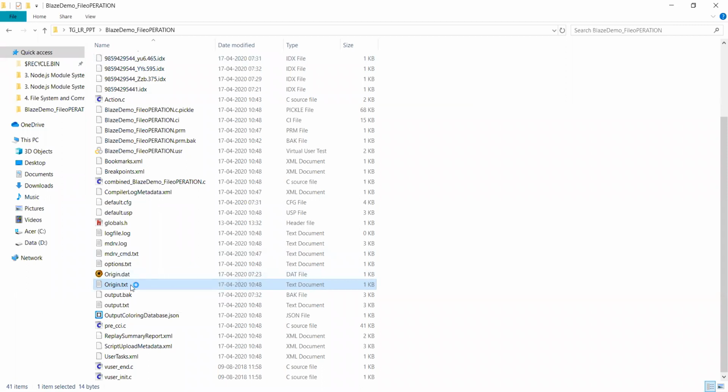Now I'm seeing it is writing an error. It is writing the origin code is Paris to Rome. Now let's see whether the negative scenario is working fine or not.